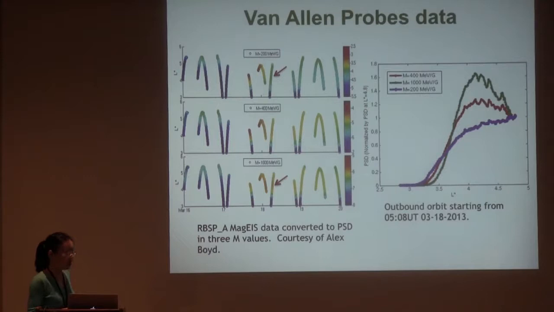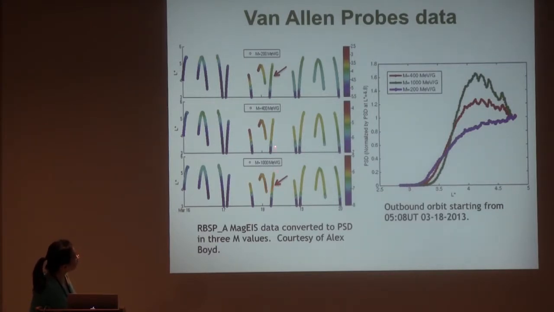We expand this study using the recent Wireless probes data. The phase space density for 3 different m values, 200, 400, and 1000, is plotted on the left from March the 16th to March the 19th. And look at the outbound orbit on March the 18th, and you can see there's clearly a peak for